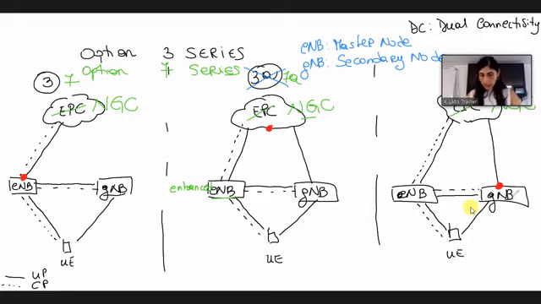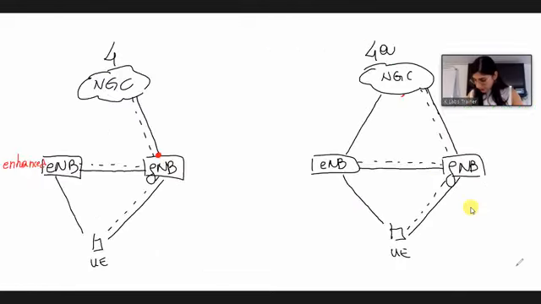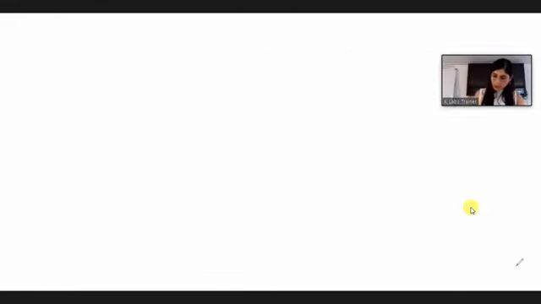If we are talking about interfaces for the non-standalone network, they are almost the same as the 4G interfaces. Actually, I think I'm going to use another page, so we will be more clear.